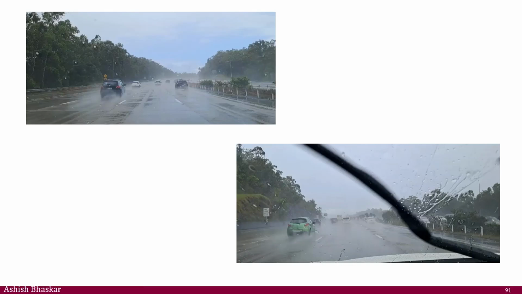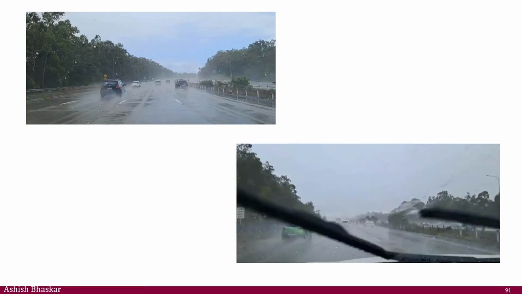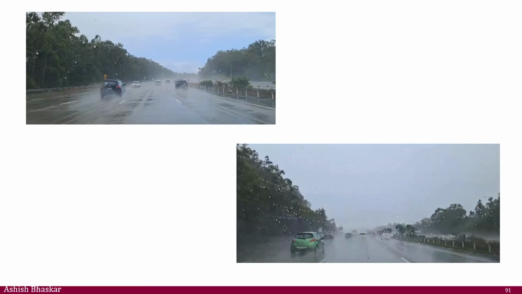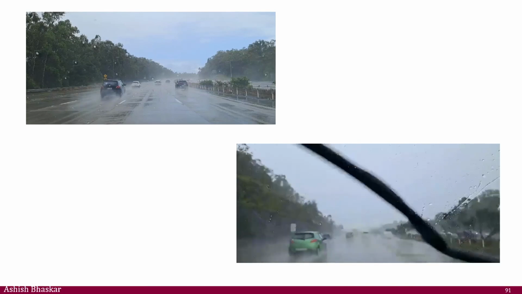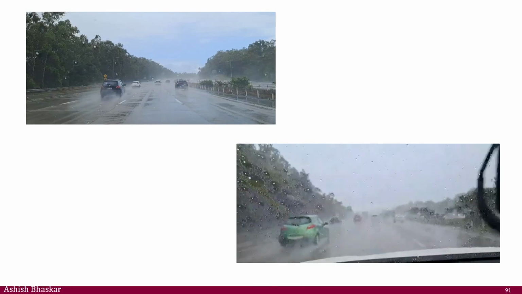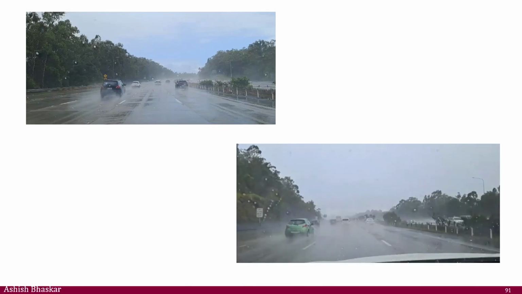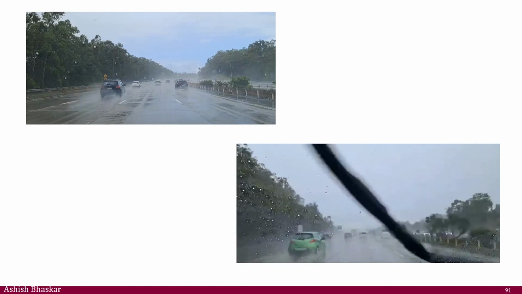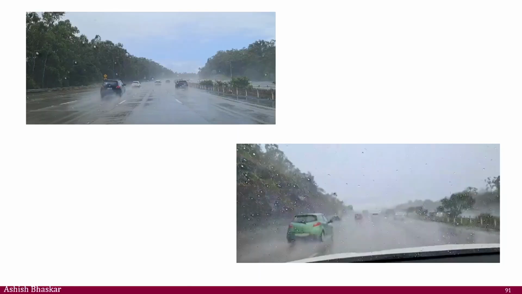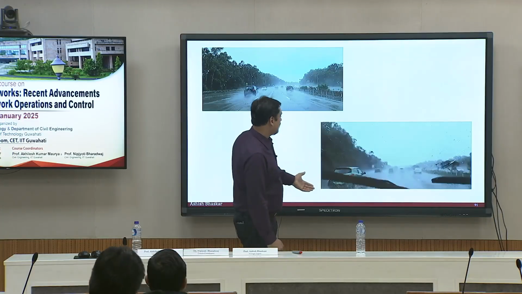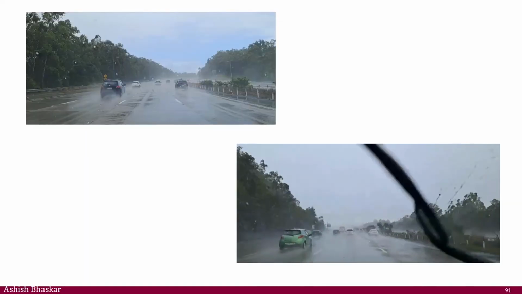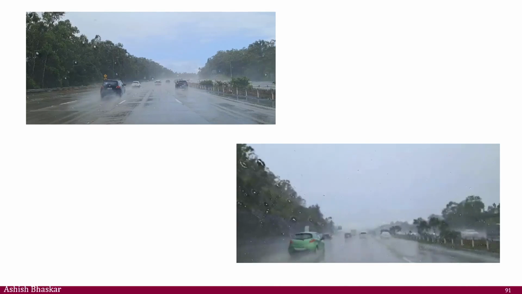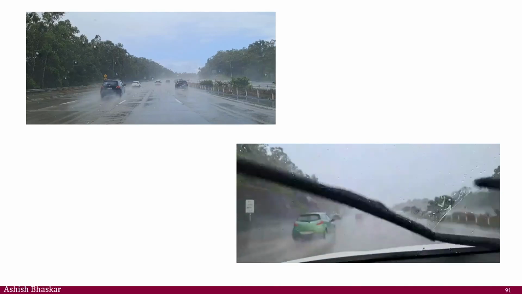Another example which I just took last week while we were driving. You can see the visibility. That's going towards the Gold Coast. Visibility is so bad. All of a sudden, we have so much rain on the motorway. And in this case, it is actually pretty good because you don't have much speed variation happening. But if I go to the other case,